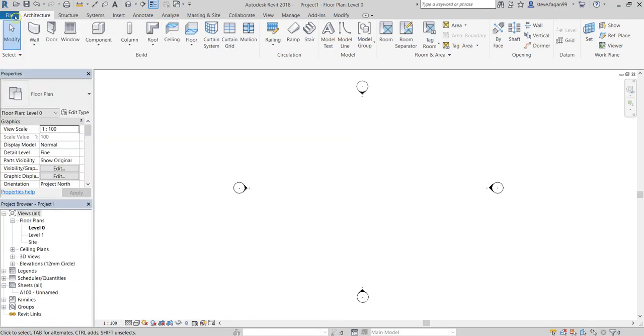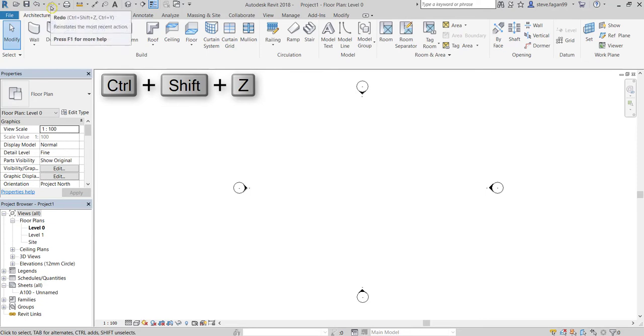Then just above the File tab, we have a Quick Access panel. The Quick Access panel is just a panel which contains some tools and features that we're going to use time and time again. I'm able to open up a new project, save my current, I have undo, redo my actions, I'm able to print.